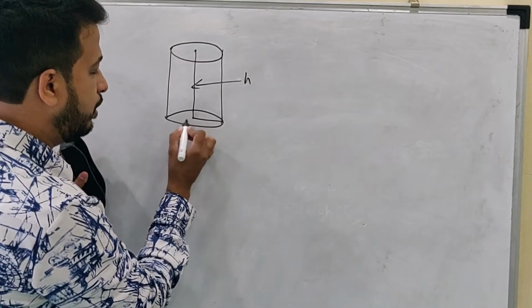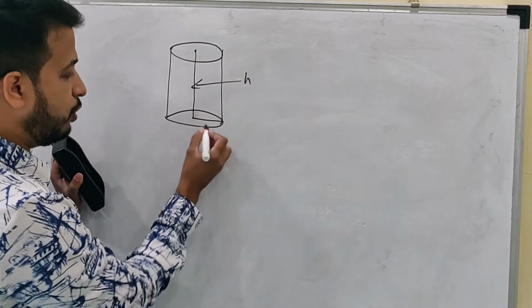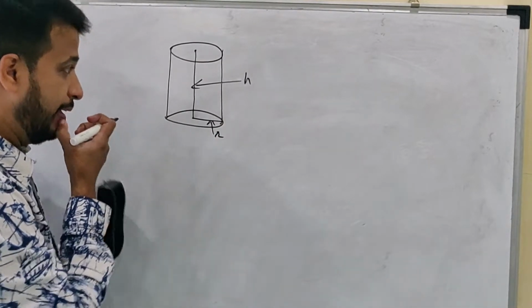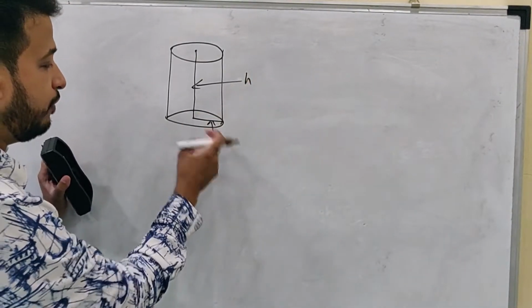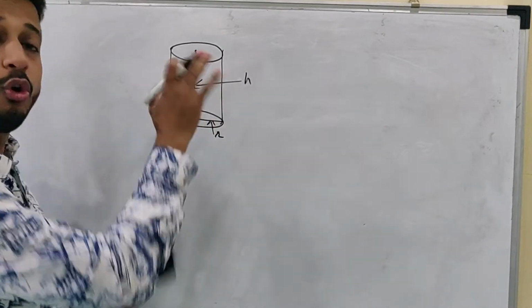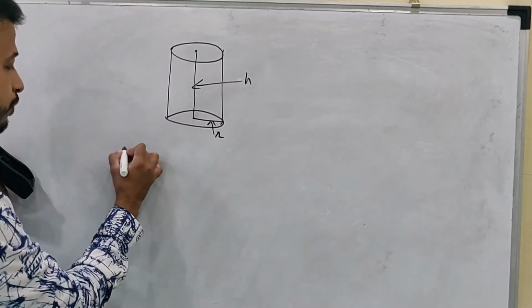From here, if I draw a line to the circle, like this, this is my radius. I name it r, correct? So we have height, we have radius. Now if I want to find the volume of the cylinder,